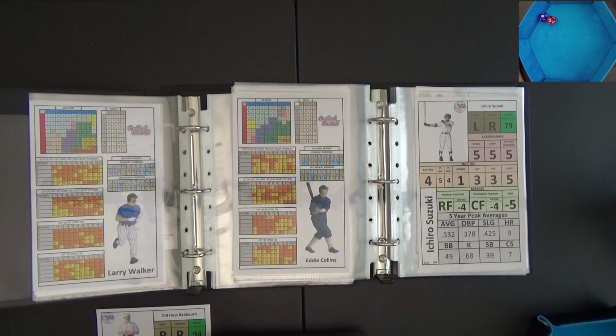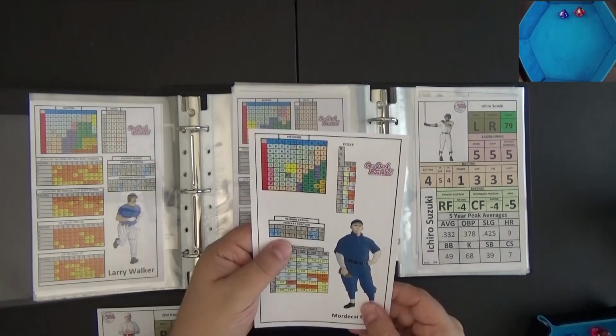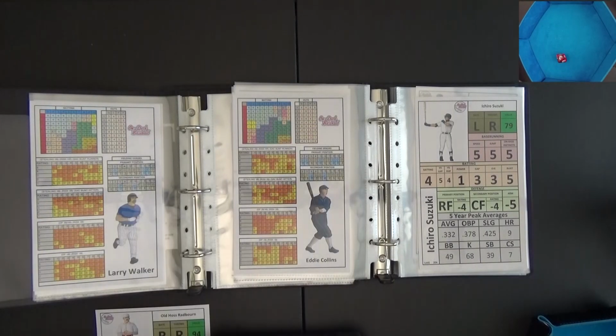An 8-3 is going to be a possible error on a 5-5, which is a ground ball to the pitcher. So Mordecai Brown, who is a good fielder, he's a 4 there. We're going to roll on his error chart. Obviously his primary position. We roll a 3, and it is a 1-base error. Collins will reach on an error. So we have 1 on with nobody out,